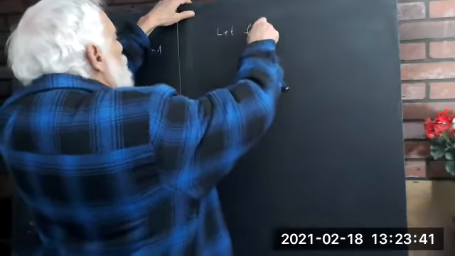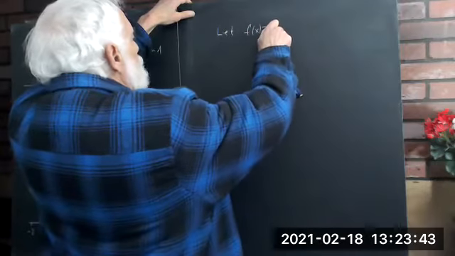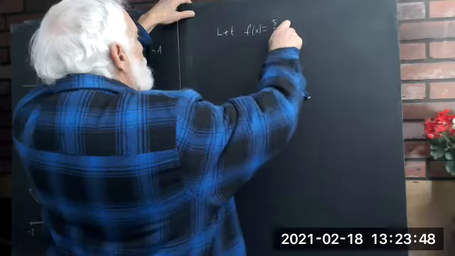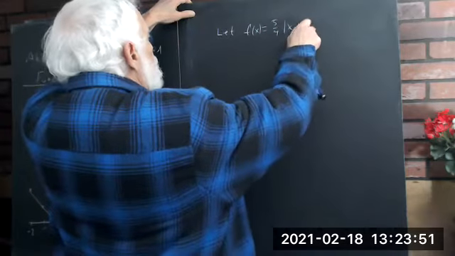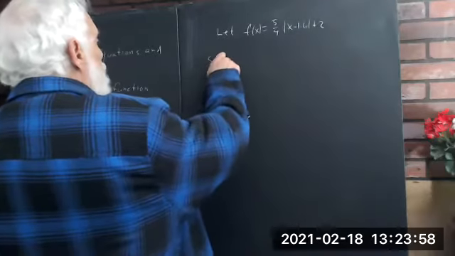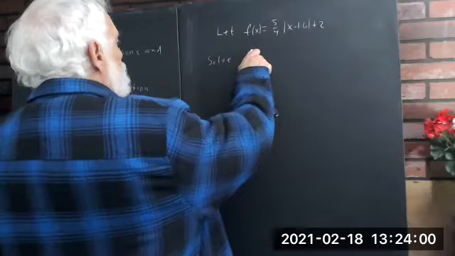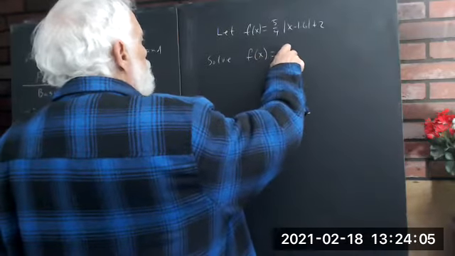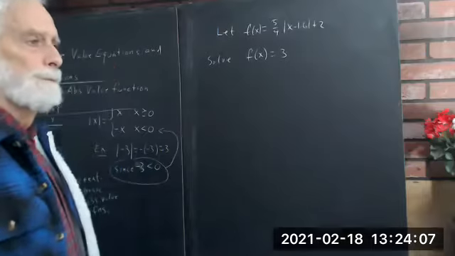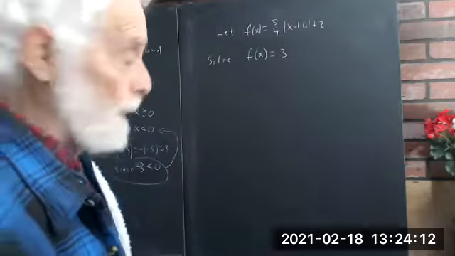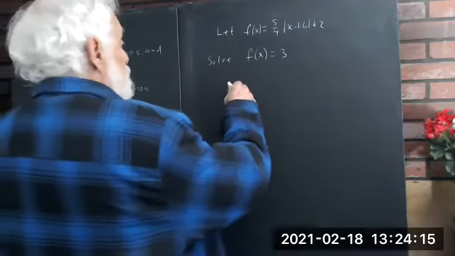Let's just take 5/4 absolute value of x minus 1.6 plus 2, the equation we just got, and solve f of x equals 3. Well, that equation is then